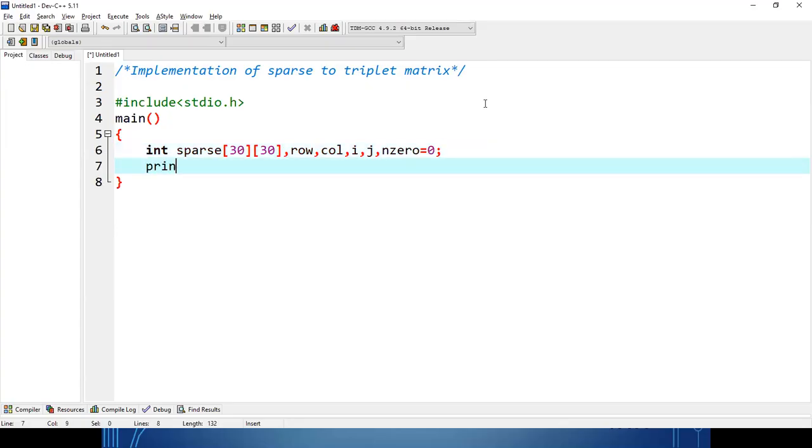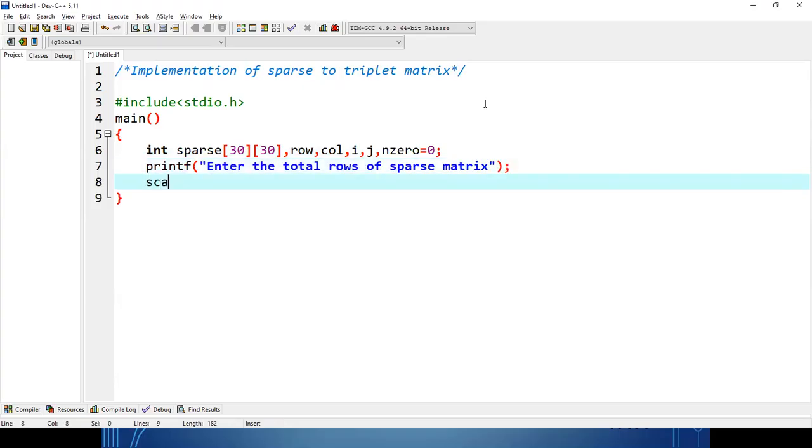Okay. So before that, first of all, I will ask the user how many rows and columns they need. Enter the total rows. Done. So whatever the user will give as input will be stored in the row variable.